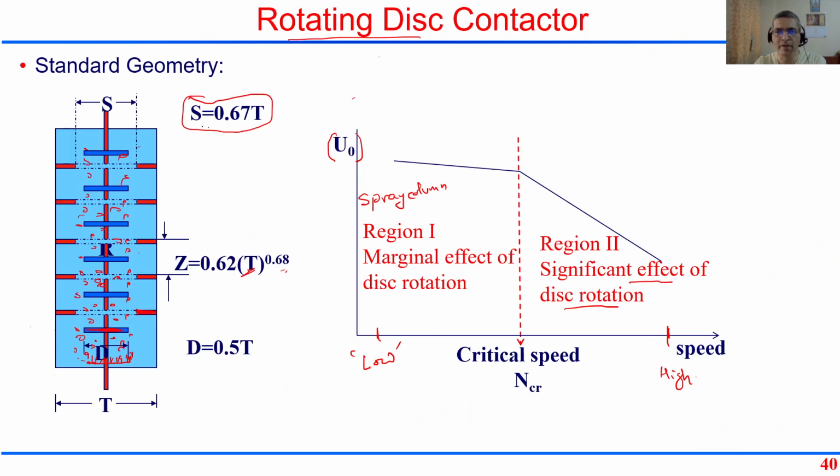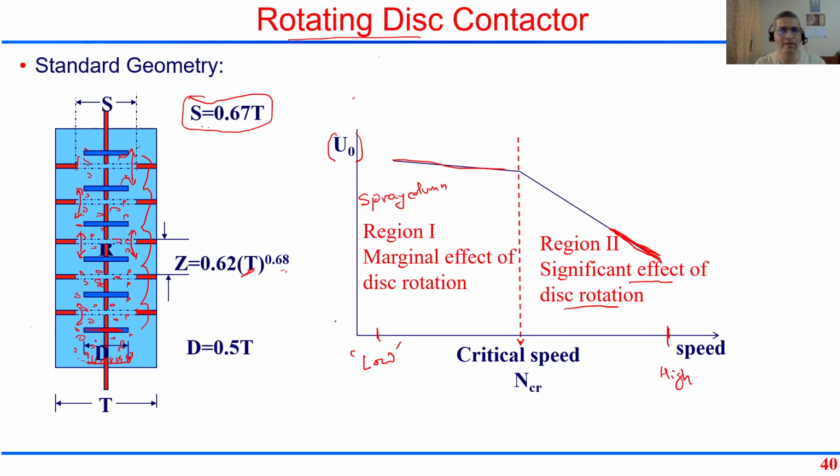So people tried to classify these two effects. People said that under low agitation speed it behaves like a spray column, but at high agitation speed it behaves like a mixer. But the only advantage is that I have a series of mixers, one on top of the other. But because these openings are large, there is heavy axial mixing between the two compartments. So we need to account for axial mixing if we are talking about